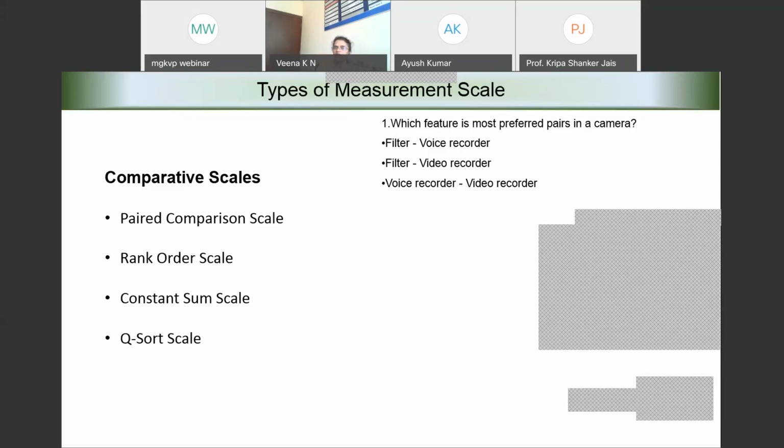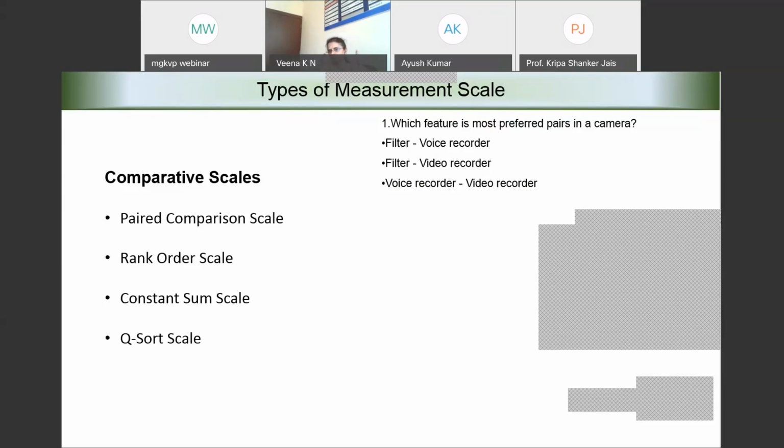Okay, again here please note, this is not going to give us the number as it is. It's only a qualitative response that we are trying to convert into quantity, in terms of what percentage of people would like to have what combination of features. Okay, and then comes the rank order scale. When we talk about rank order scale, we would like to understand the most preferred and the least preferred.